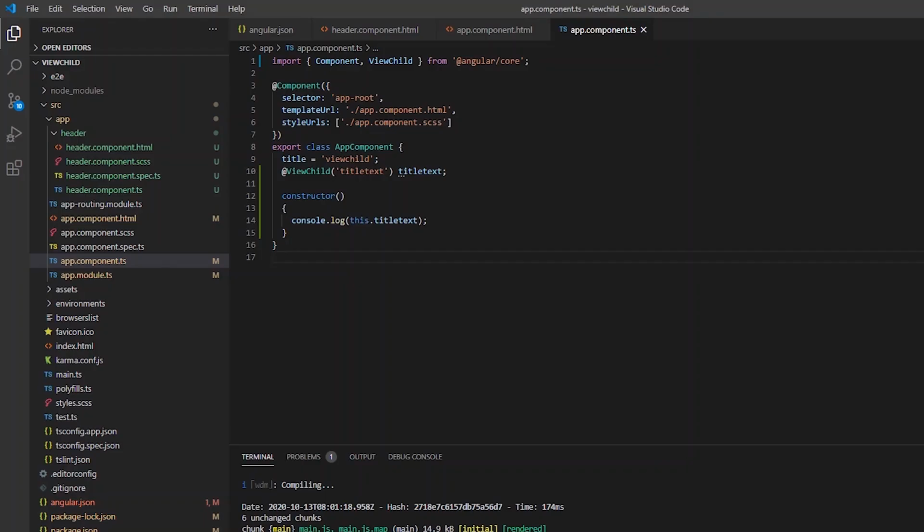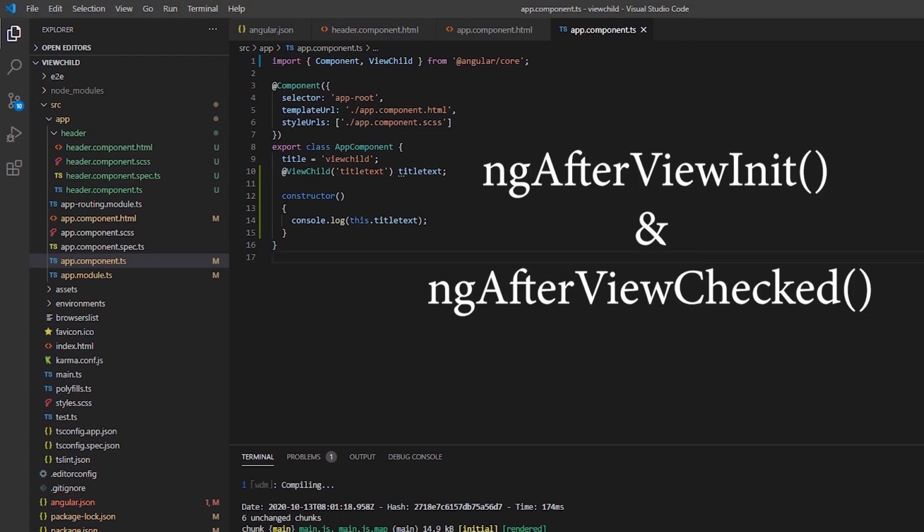We render in a top-down approach in Angular, so when a parent component is getting constructed, the children are not created yet. We can however hook into the lifecycle of the component at the point where the view children have been created, and that is with ngAfterViewInit or ngAfterViewChecked.